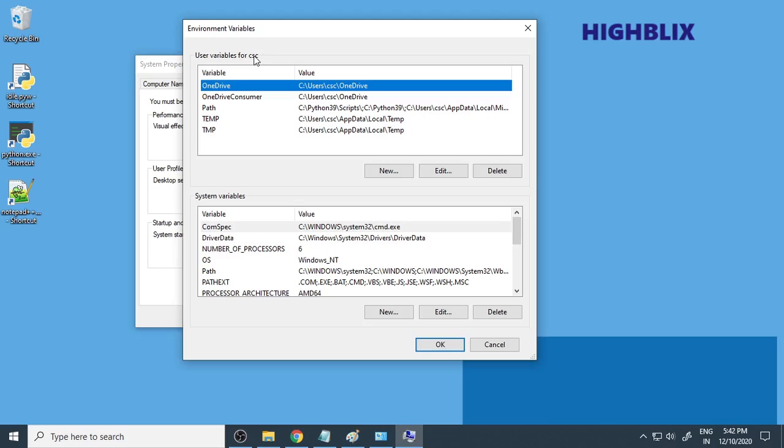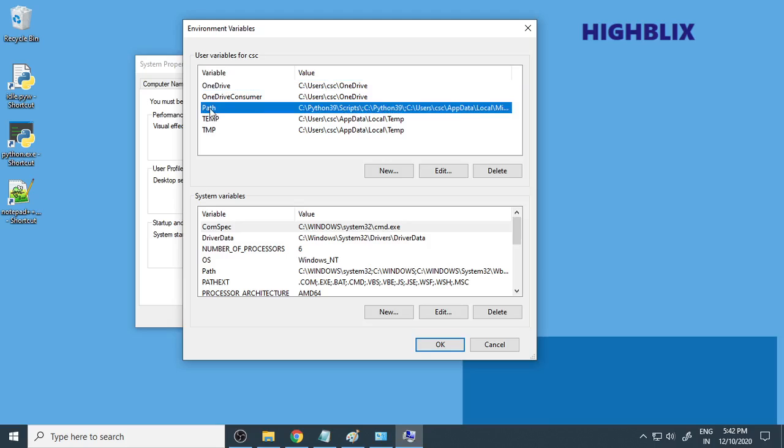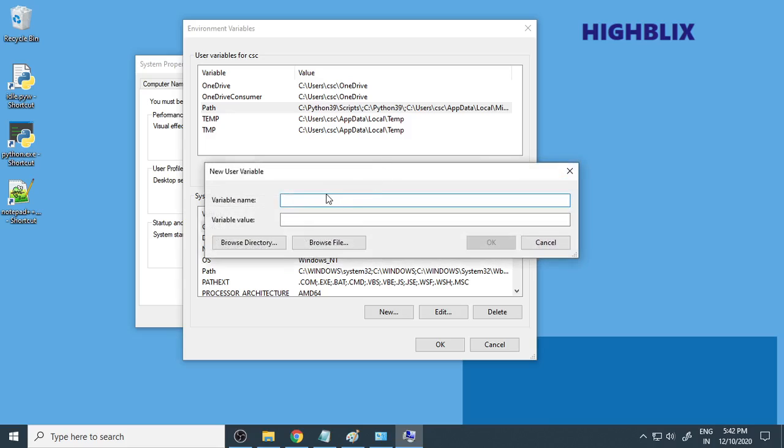So this is a user, your username is there. Here you may see Path, or there may not be a Path here. If it is not there, then you have to click New. Type Path here, then the variable value. Now here you have to give the path where your